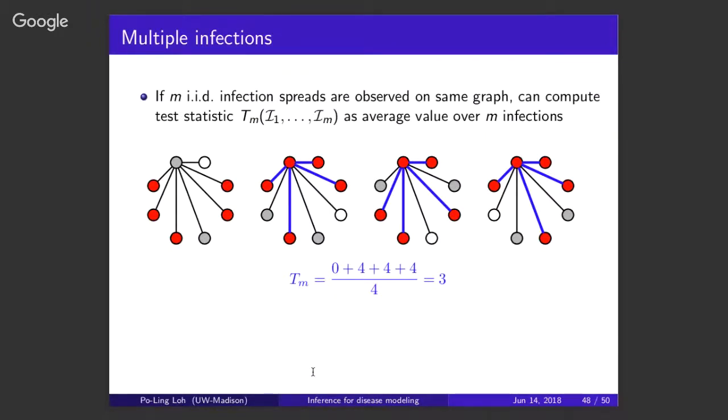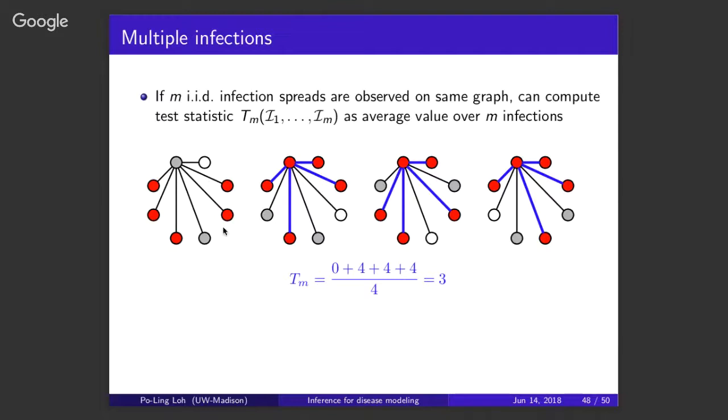Okay, so then the other thing was to understand what happens to this test if we observe more infection spreads. So just to make things a little bit more concrete, imagine that we have a bunch of individuals or a bunch of communities that are connected by, let's say, airline paths. So let's say these nodes are cities, and the lines are telling us when air traffic goes between one city and another, and we're trying to trace some information that was spread only by an airline network.